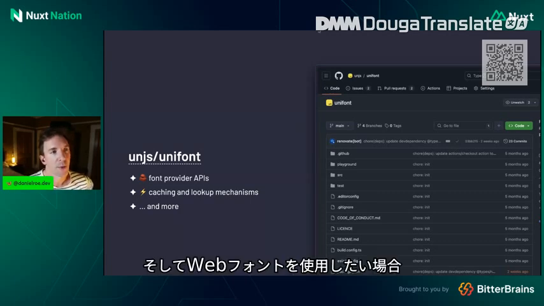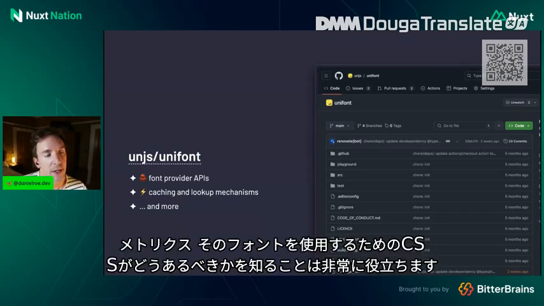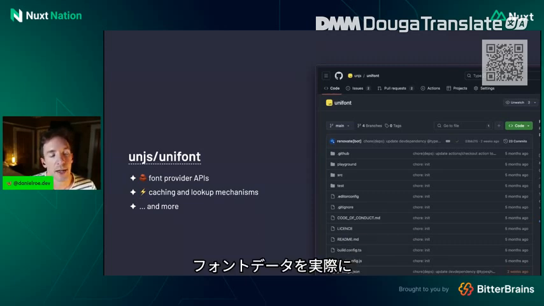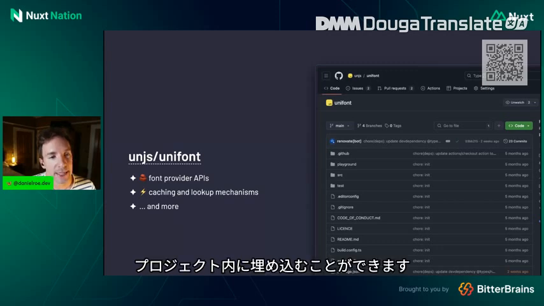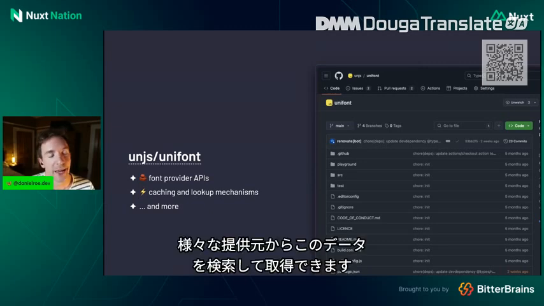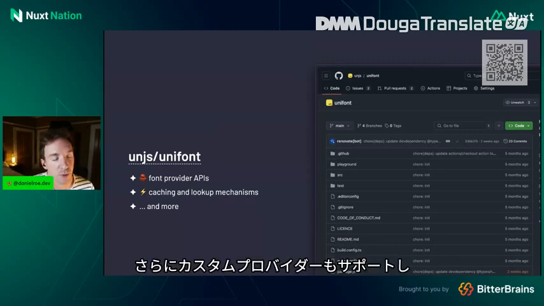And if you want to use a web font, it's very helpful to know things like what the font files to inject, what the CSS should be for using that font, so that instead of just adding a CSS file that pulls down from, say, Google CDN, we can actually embed the font data inside our own project. And so Unifont provides an agnostic API for looking up and getting this data from a whole range of different providers, from FontSource to FontShare to Bunny to Google to Adobe,